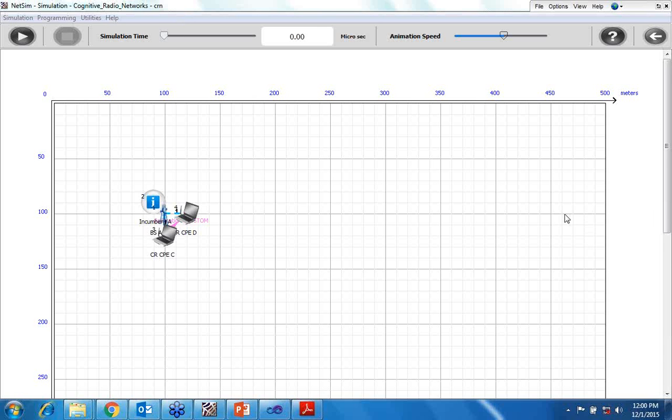Okay, one more thing, sir. I am doing a project on MANET, so I want to do my custom simulation. Is it possible on this? I was trying in NS2, but I was facing some problems in NS2. Yes, sir, on MANET we can do it. When I am seeing this, I am feeling very comfortable because all the things are there. We will just update the source code only.